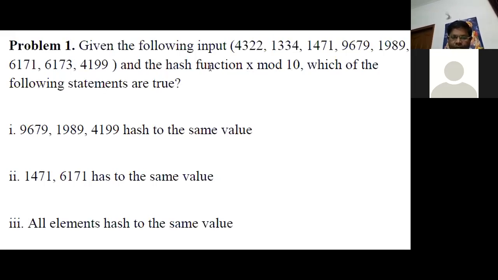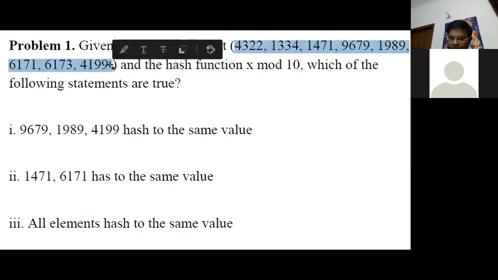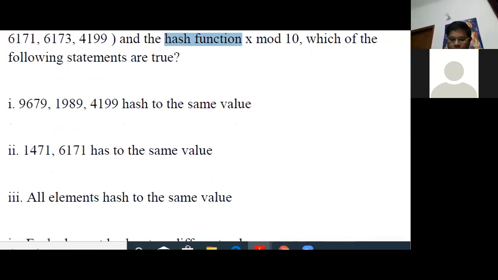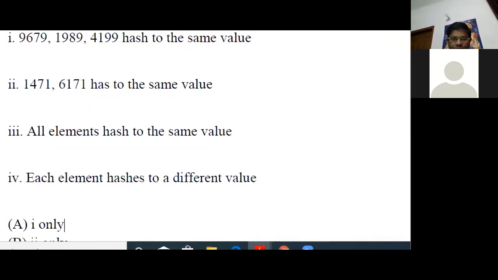What does it mean? It means you have been given the input, the keys, and you have been given the hash function. Hash function means the h(k) value that we have studied. h(k) is given by x mod 10. So you have to tell which of the following statements are correct on the basis of these values, and the statements are